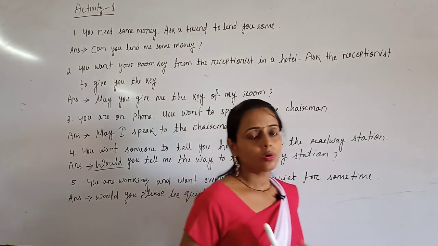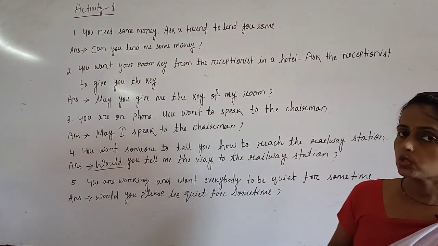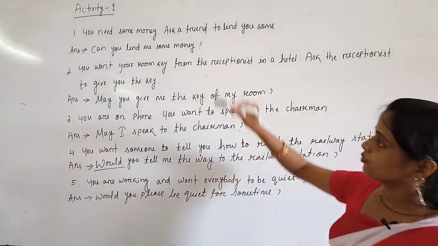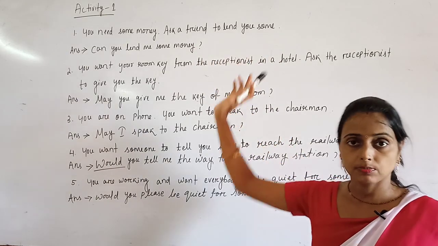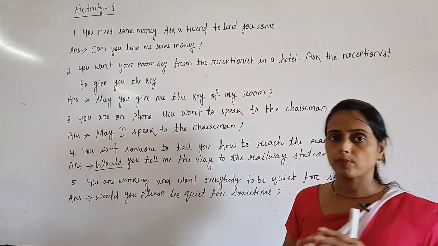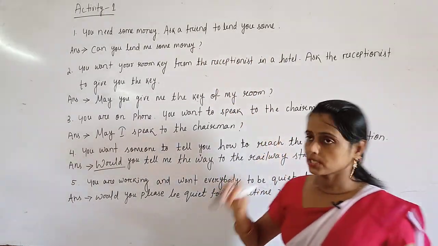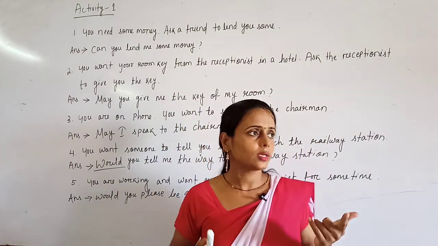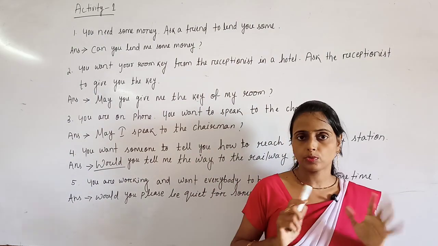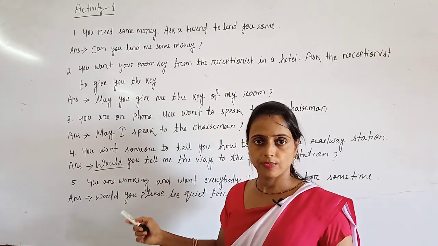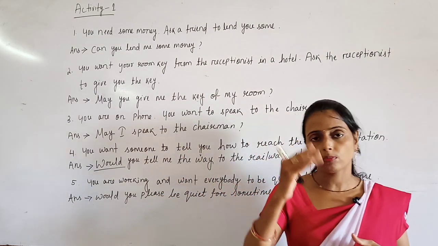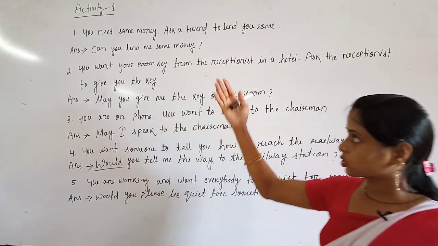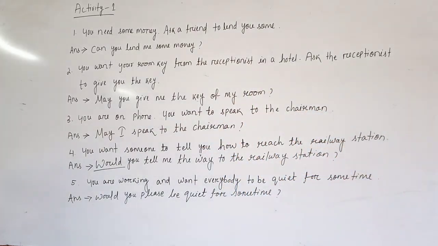Clear? So these are the models used to make request, either formal or informal, because your first one is informal request, can is mentioned. But in this way you have to make the request. Listen, in section 1 there are 3 activities. This is activity 1. Activity 1, I think it contains almost 10 to 11 questions, but I have discussed only 5. But you need to write down almost all the questions in your copy. Okay, understood? Let's go to activity number 2.